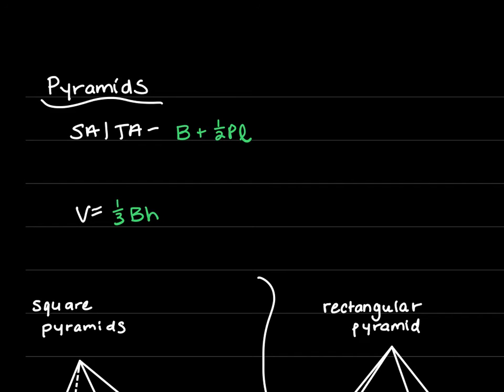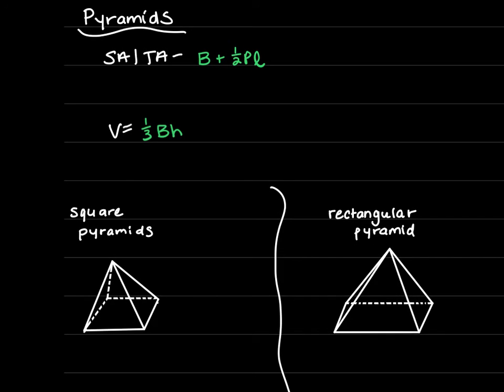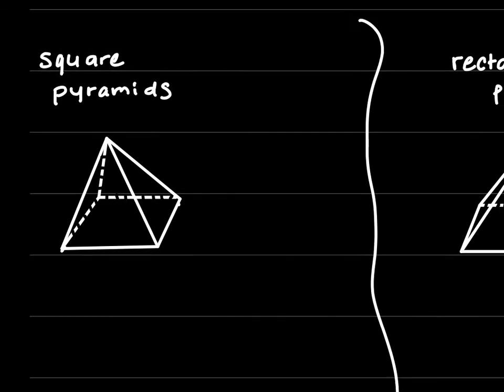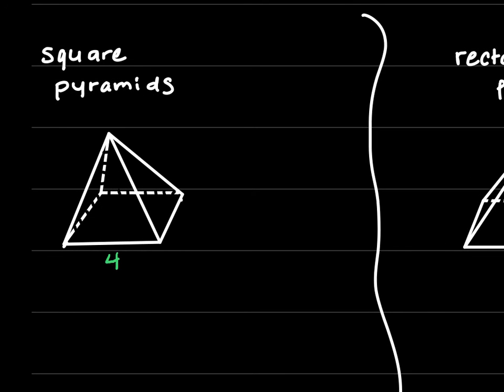If you're doing volume, you're going to need the height, which is where a lot of the Pythagorean theorem comes into play here. If it's a square pyramid, you might see something like 4, and then let's say that this is 3. For the volume, that's all you need, but for the area, you're going to need this slant height. So depending on what it's asking for, if it was just volume, you'd already have all the information you need, but if it was